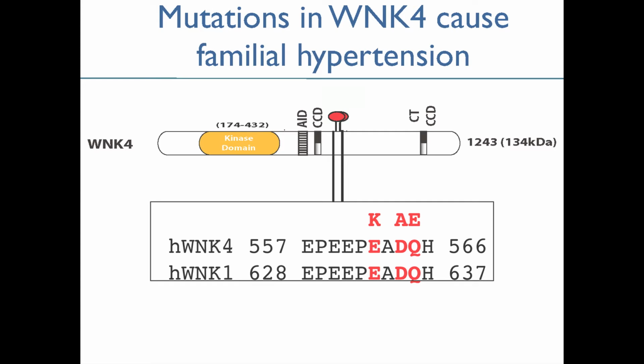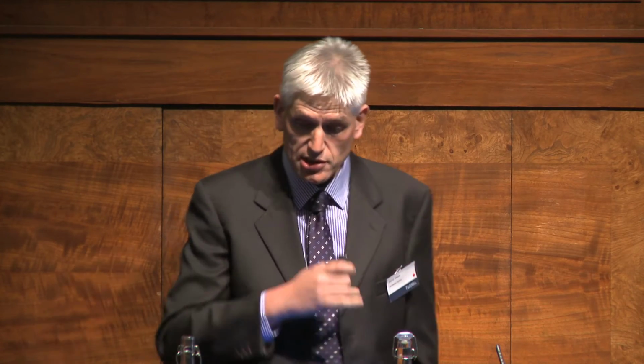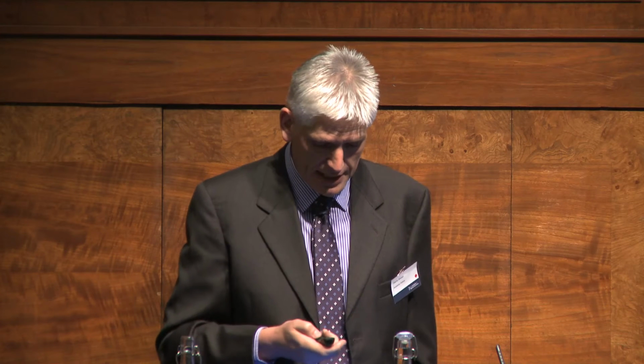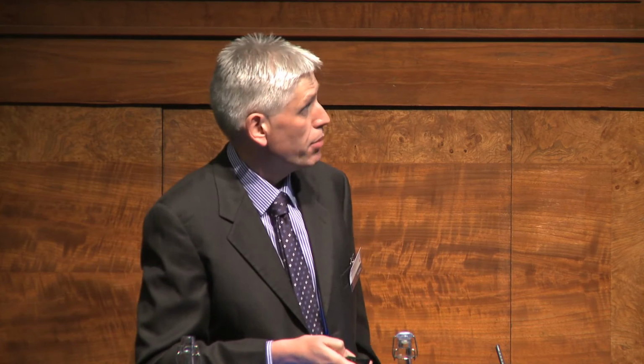And all the mutations lie within a 3 or 4 amino acid sequence in a very basic acidic region of the protein that's highly conserved between Wnt isoforms. And we could never understand how these disease-causing mutations influenced Wnt4, because all the biochemical experiments that we did suggested that these mutations did not influence the catalytic activity of Wnt4. But everything became crystal clear when we asked the question of where does KLH3 bind to,